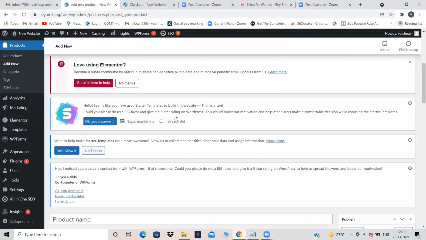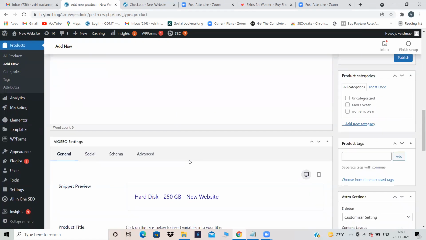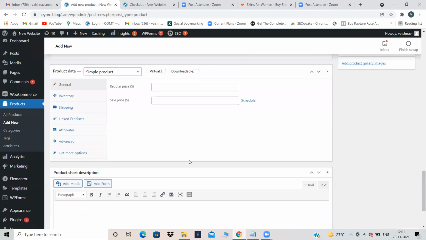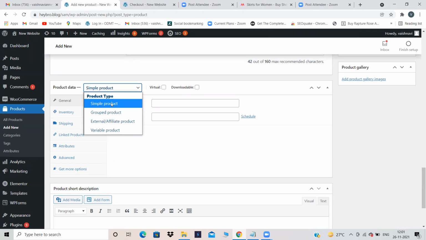Again, now you give the variations over here. Variation is that particular hard disk, like in different quantities it will be there, right? 10 GB, 20 GB, all those things you have to enter over here. Now hard disk, I'm giving it as 250 GB. Again, same, enter short description, lengthy description and all. Here, don't give it as group product. For the first time when you are creating, you have to give it as group product. But when second time you are creating, don't give it as group product. When you are entering the variations, do not give it as group product. Select simple product only.